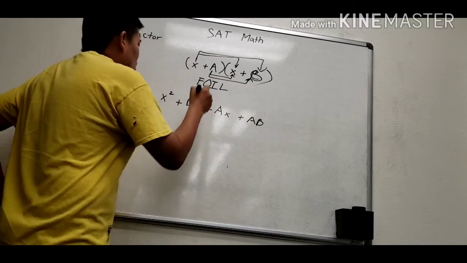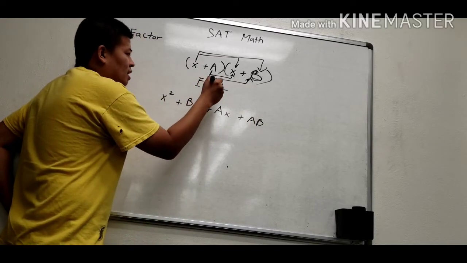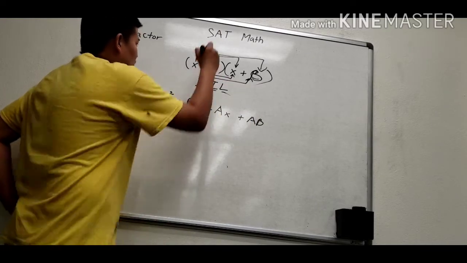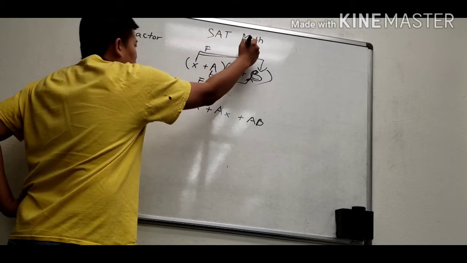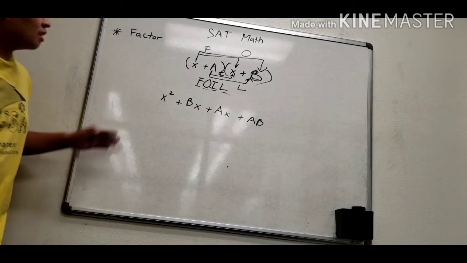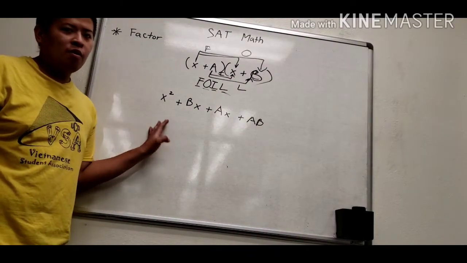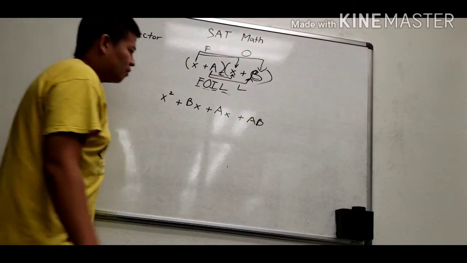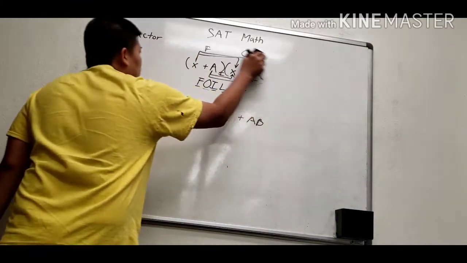So we have first, outside, inside, and the last. So let's see about first, let's see outside, inside, and the last. This is the basic formula for the factor. And the next one,